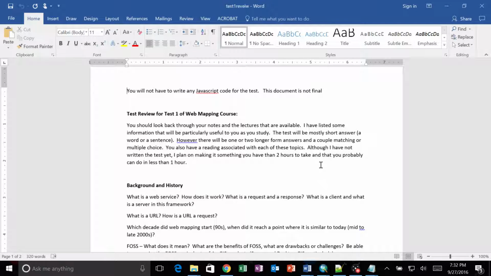The other thing I want to make sure right up front is, right now, this document isn't final. I just started making this, and I didn't get all the way through. I haven't actually written the test yet. So like I said, tomorrow morning, I'll write the test, and I'll expand this document. So what that means is you should re-download this